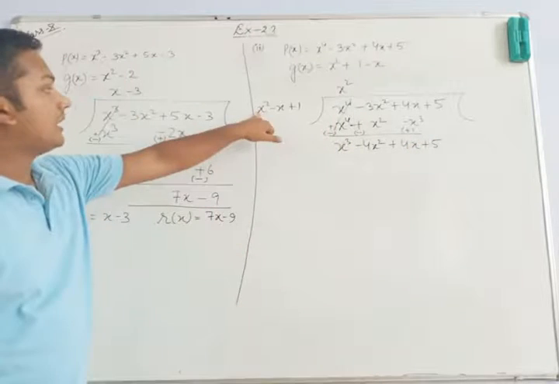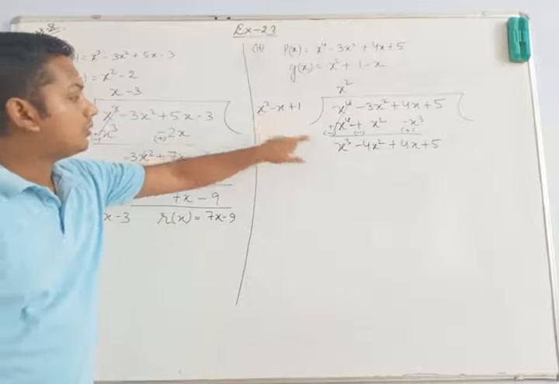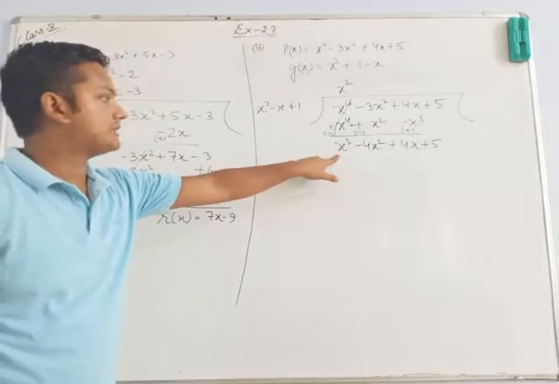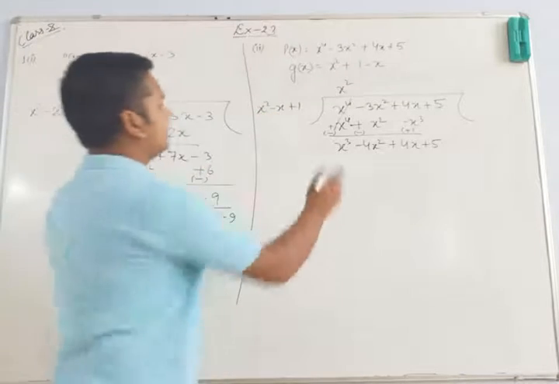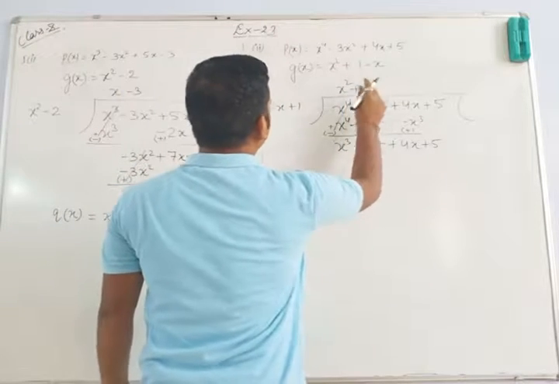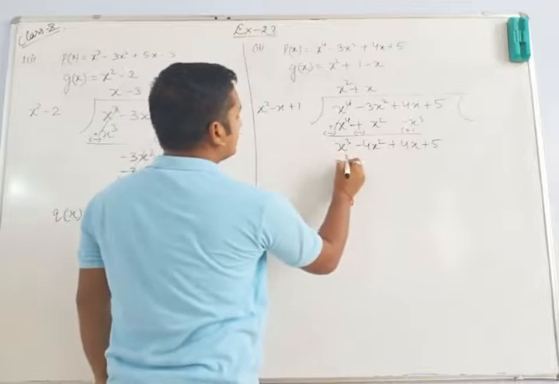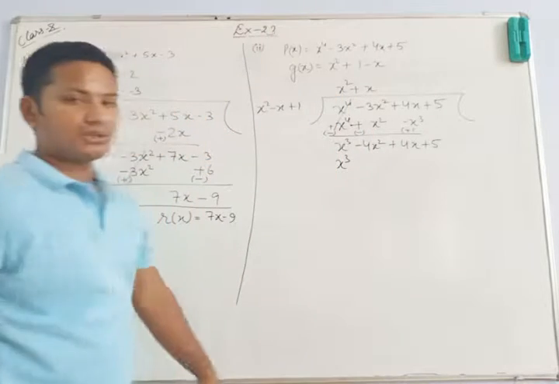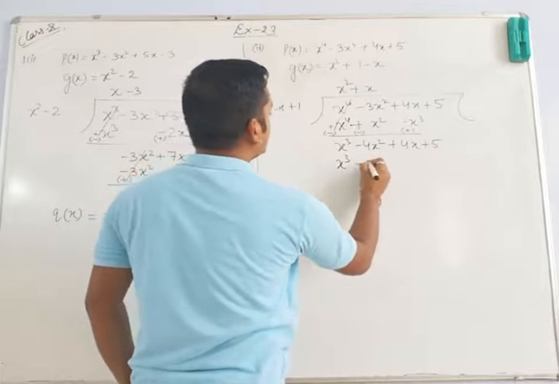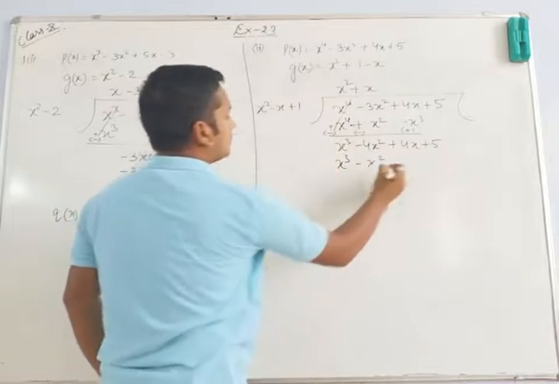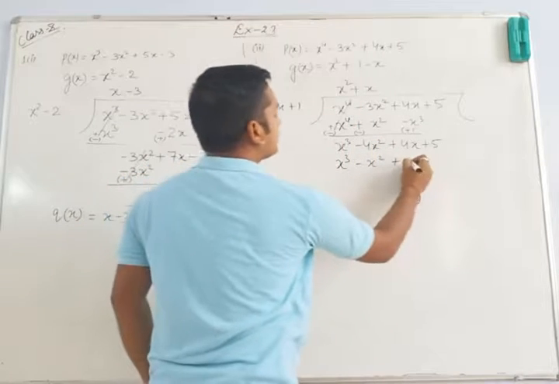Now x square we have to get what? X cube obviously. So x cube लेने के लिए क्या करेंगे, इसको मल्टीप्लाई करेंगे x. Now plus x, so x cube, it will become the multiplication of x square and x will become what? X cube. Now x and x will become what? Minus x square. 1 into x will give you x.